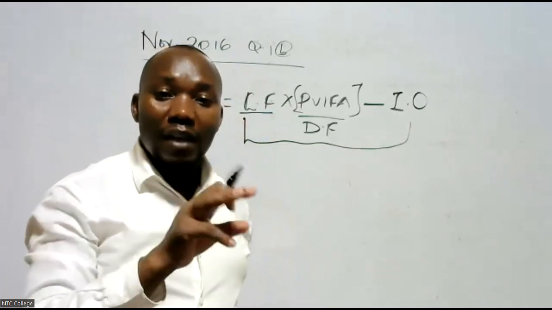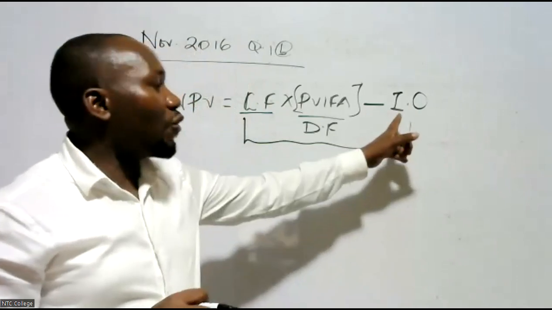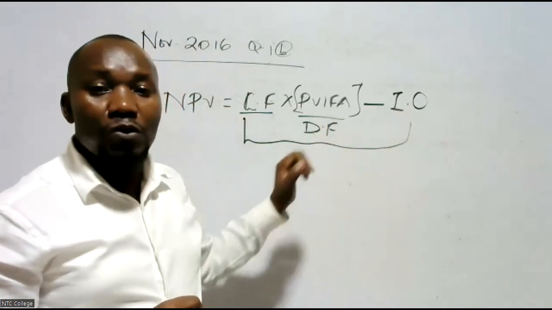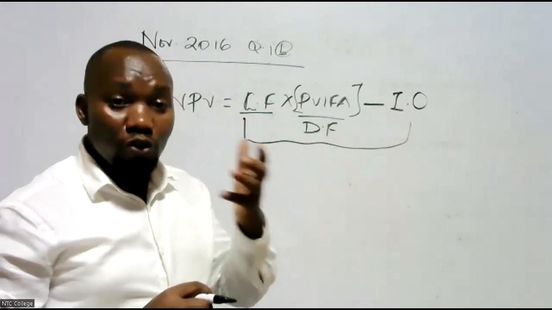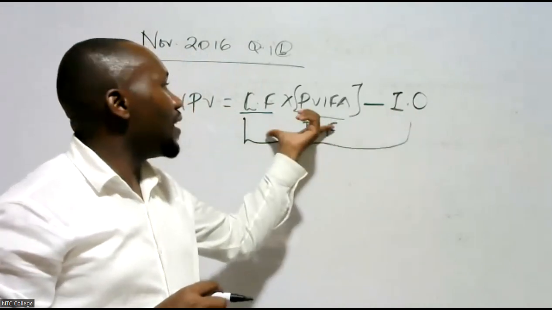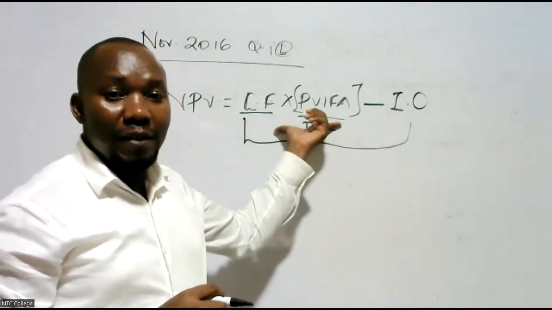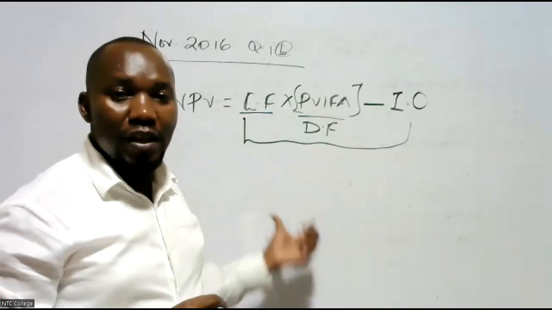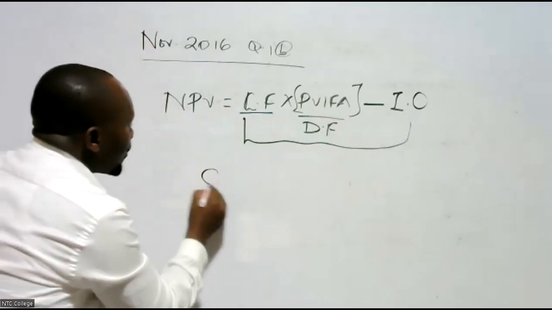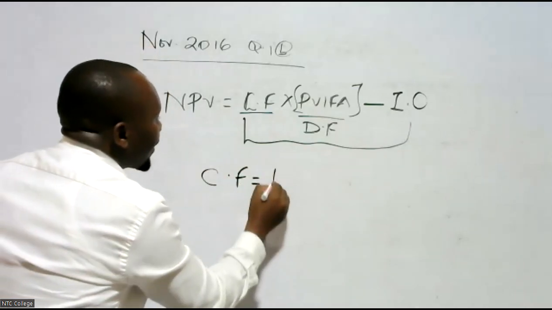Now from there, that profit, before you remove the cost of investment, that profit is what we call NPV. Without cost of investment, the present value here is almost the same as the profit, because for you to get the cash flow, you simply take revenue